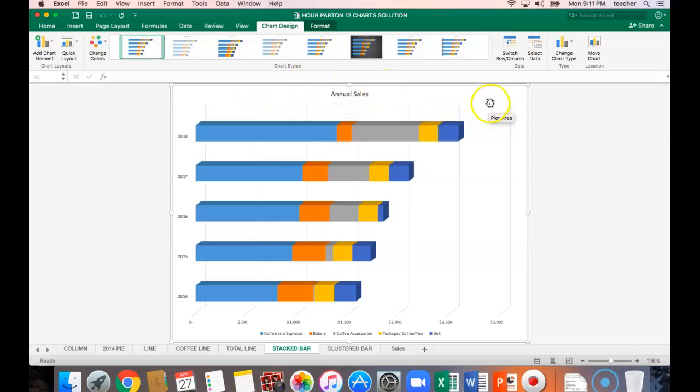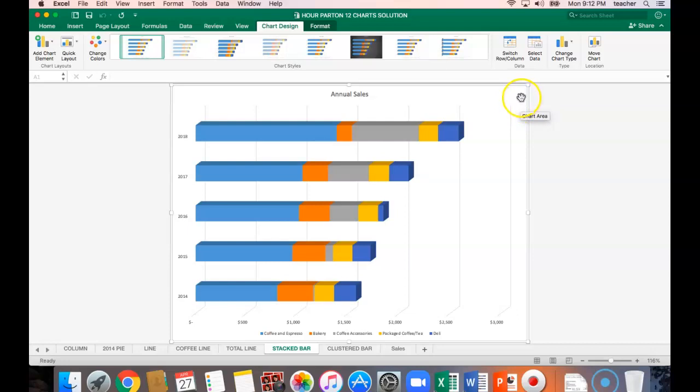Now, this is one of the ways that a Mac is a little different from a PC. On a PC, when we click on our chart, we get 3 little buttons up here in the chart, a plus sign and quick layouts and all that. On this, those are located up here on the chart design ribbon. Right here where you see add elements, that is the plus sign. Then we have quick layouts. And so this is where your changes are going to be that would usually be over here on your